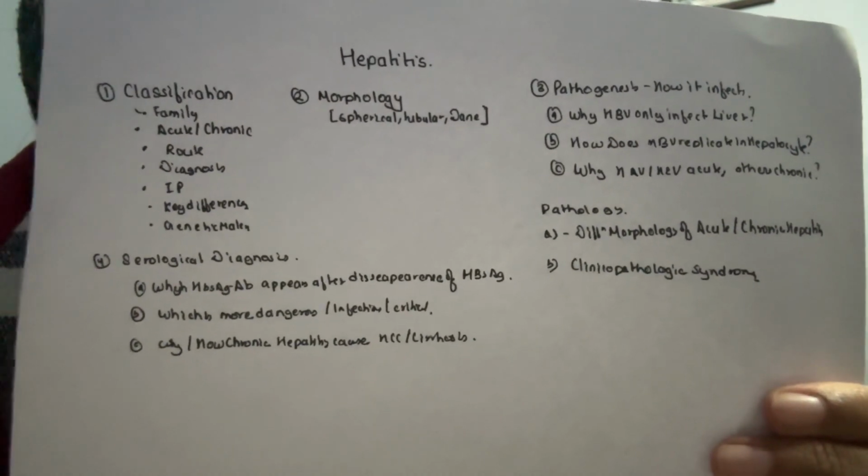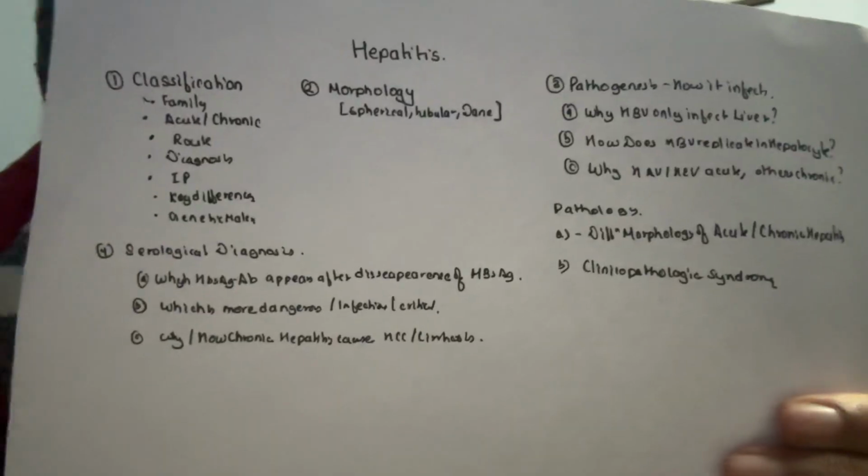Here are some questions from microbiology and pathological aspects regarding hepatitis virus infections, and we will be discussing that. Firstly, we know that hepatitis viruses are of 6 types: hepatitis A, B, C, D, E, and G. F is not present, and each of them has their own families, their own serological diagnostic markers, and their genetic materials and such. We know that hepatitis A and E viruses are transmitted by the fecal-oral route, and that they generally